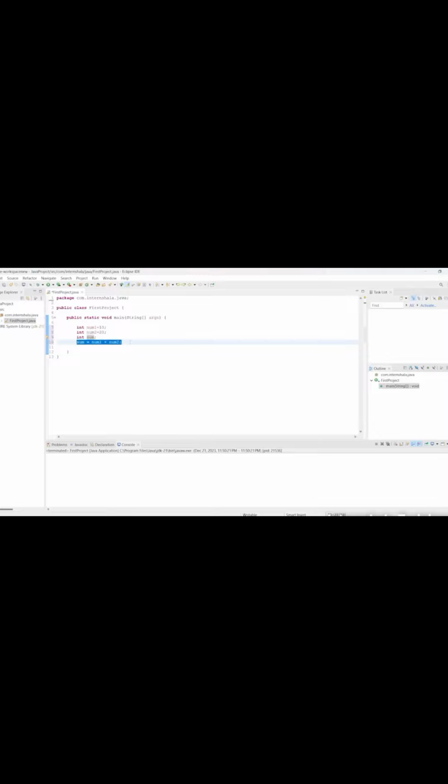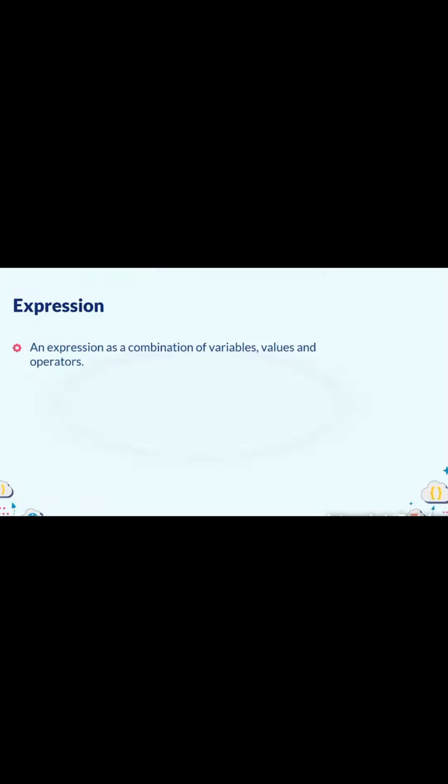Now, this entire statement where we have a variable sum and num1, num2 operands and plus as an operator, this entire statement is called an expression. So, we can define an expression as a combination of variables, values and operators. One point to note over here is that an expression should be evaluated to produce some value. In our example, num1 is 10, num2 is 20, so it is producing the value 10 plus 20 is equal